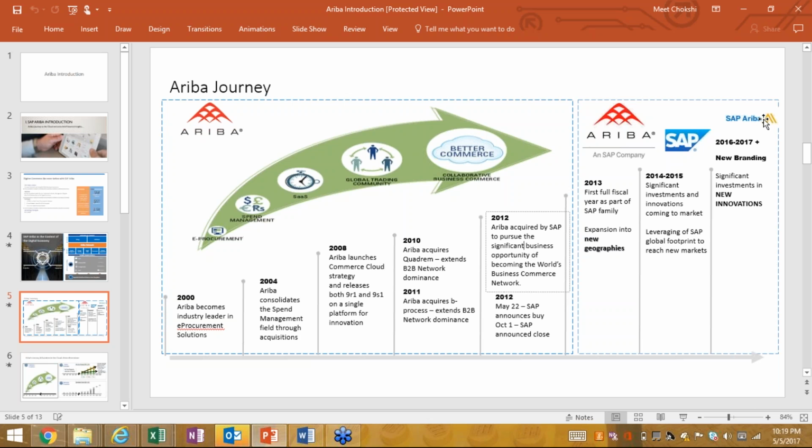This is the new logo of Ariba, right? What this says is that in 2013, Ariba is expanding to new geographies, and it is also leveraging all SAP applications. They're making a lot of investments in integrating both solutions, Ariba and SAP, right?